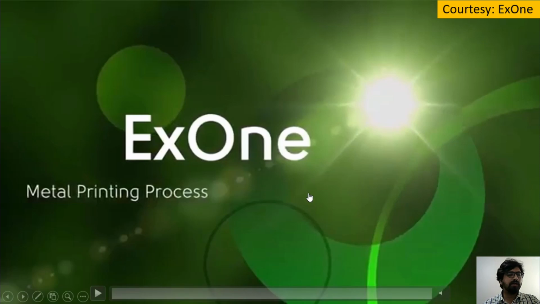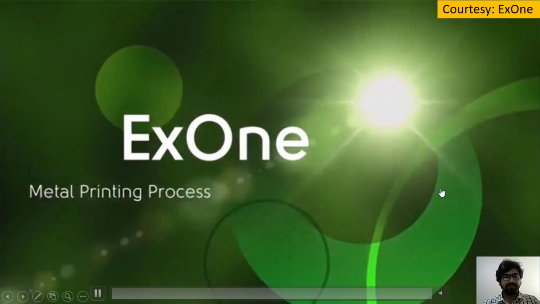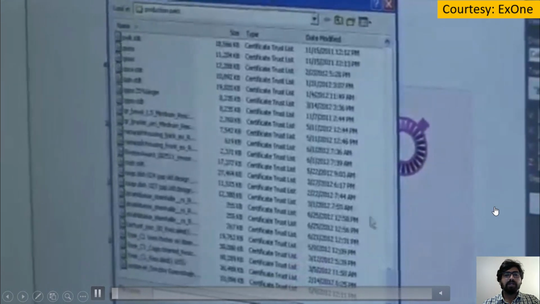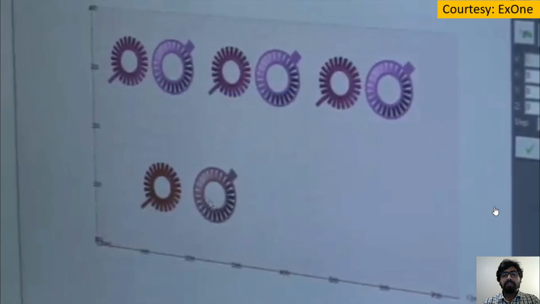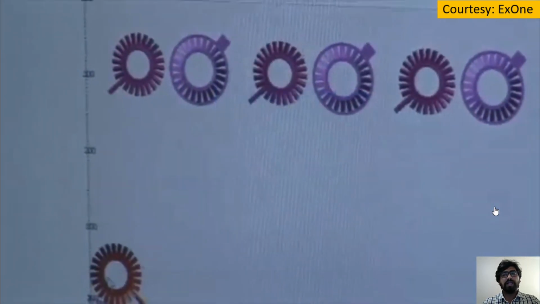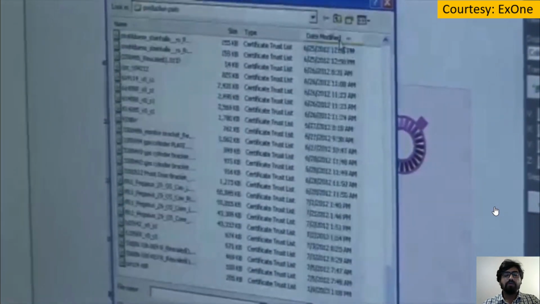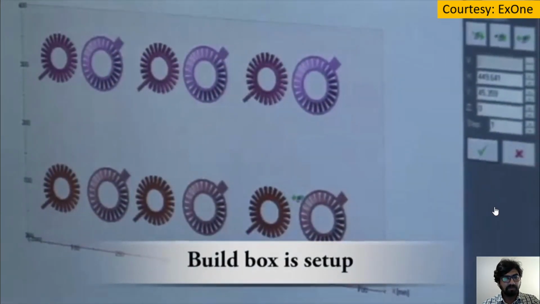So let us have a look at the process of utilizing the binder based powder bed additive manufacturing for metal printing, and this video is by X1. As in the case of the conventional binder based powder bed additive manufacturing, the first process is to appropriately nest the number of parts onto the bed so that we can utilize it efficiently, and this nesting is done in 3D. We already know that it's done in 3D because we can build part one over another in the case of binder based powder bed additive manufacturing.